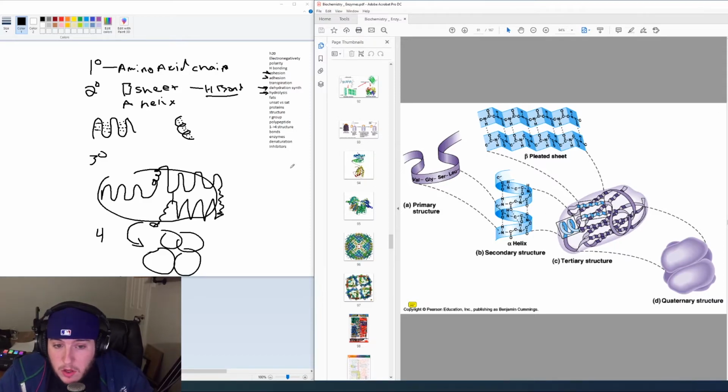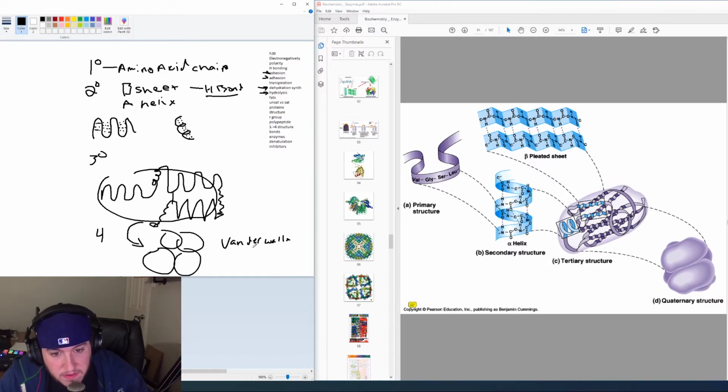Now, the quaternary structure is where we start to get our van der Waals interactions, and this is where we start to get our protein structure based on hydrophobic or hydrophilic